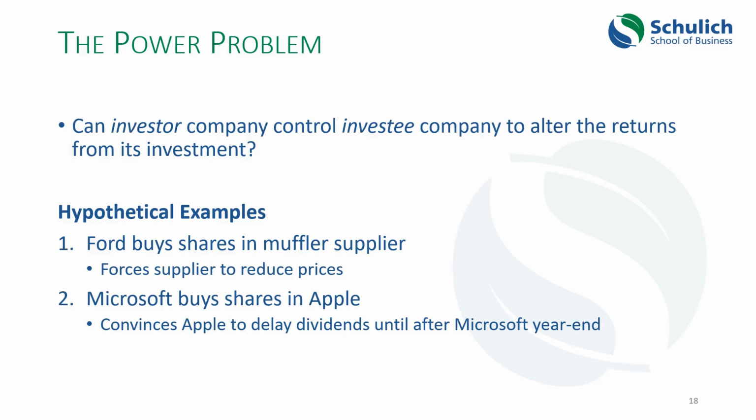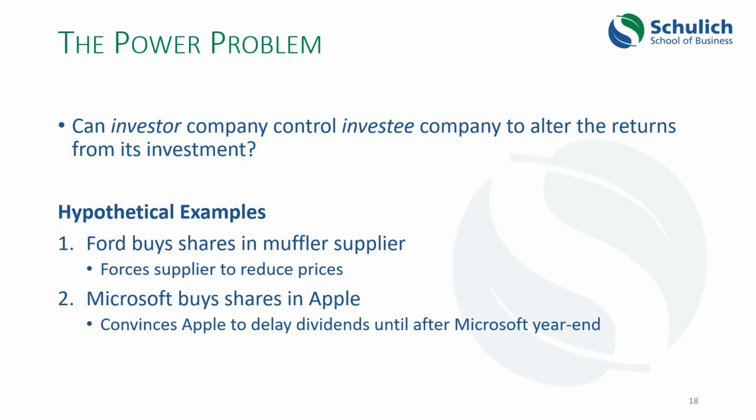If you can, for instance, through your votes on the board of directors, cause the investee company to issue a dividend to you and basically just tell it to do so, well, if you account for that dividend as income, then you could use that influence on the other company to artificially inflate your net income based on your influence in that other company. That's a big problem. So we have to have accounting mechanisms that prevent that from happening.